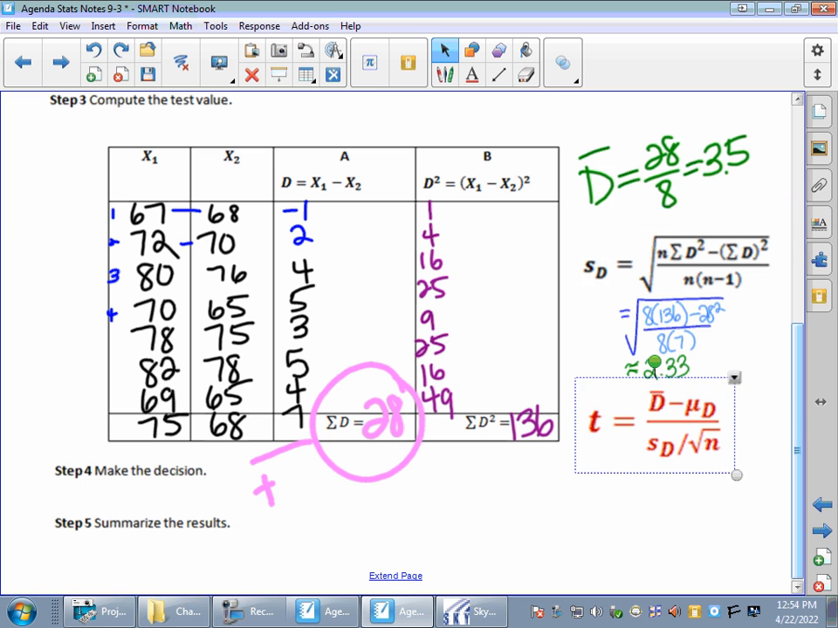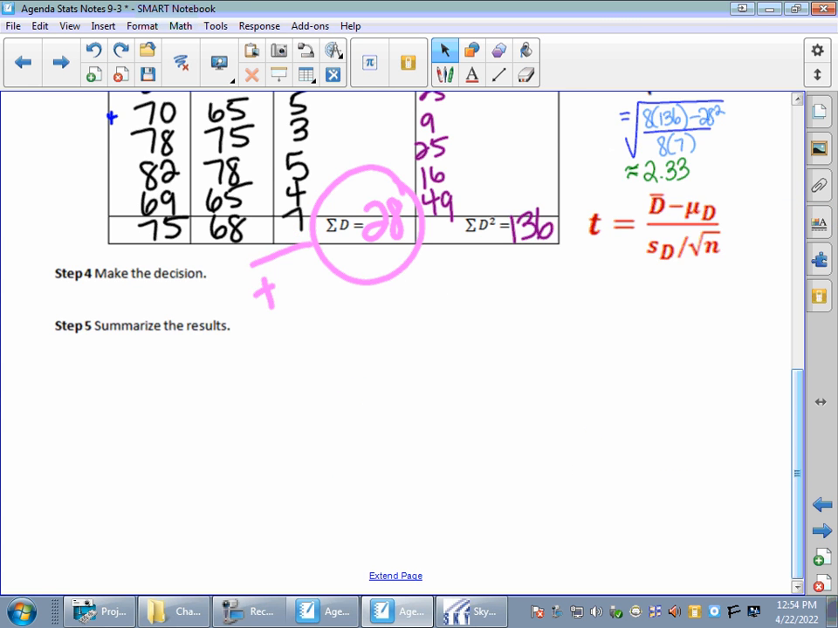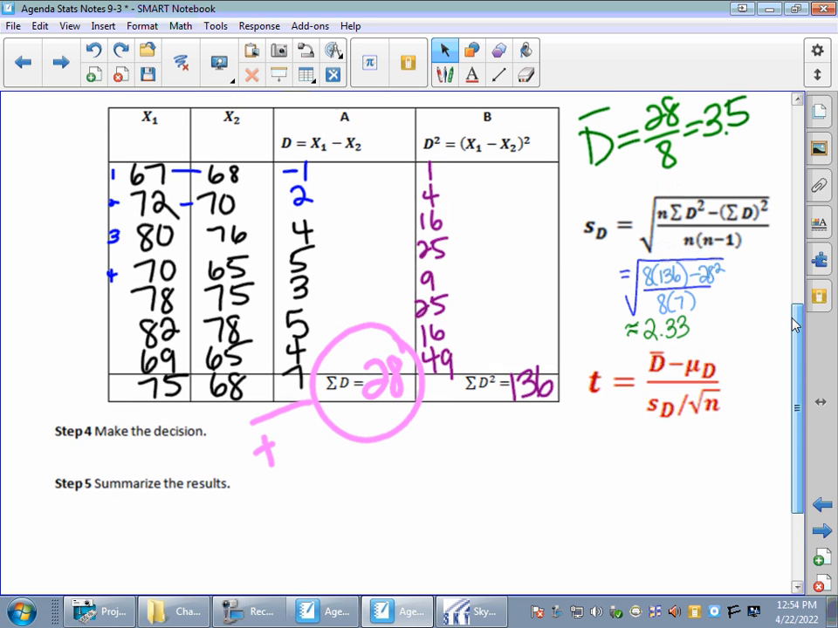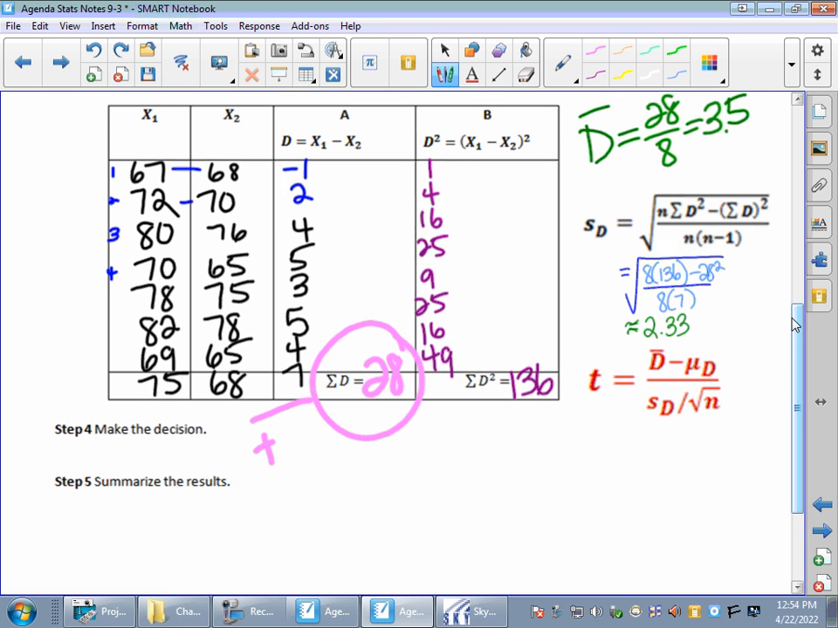All right, so here's where I'm going to do a little bit of work. I've got everything I need up here. So my t-test value, I'm actually doing step 3 now. All of that was side math to do step 3. So t is going to be equal to d bar, which we said was 3.5, minus mu sub d, which we know turns into a big old 0,